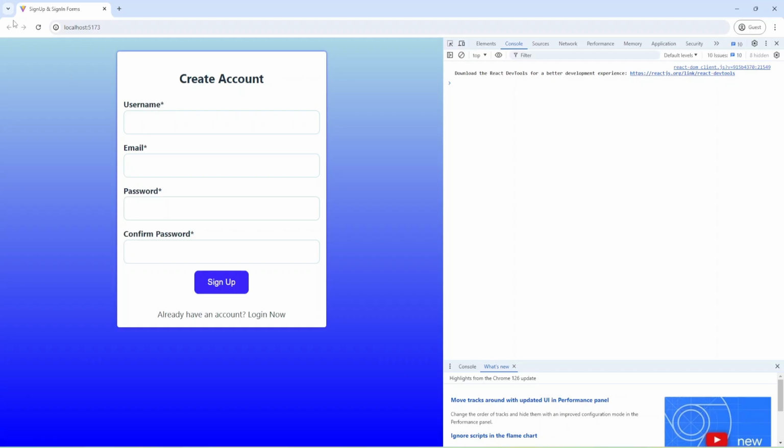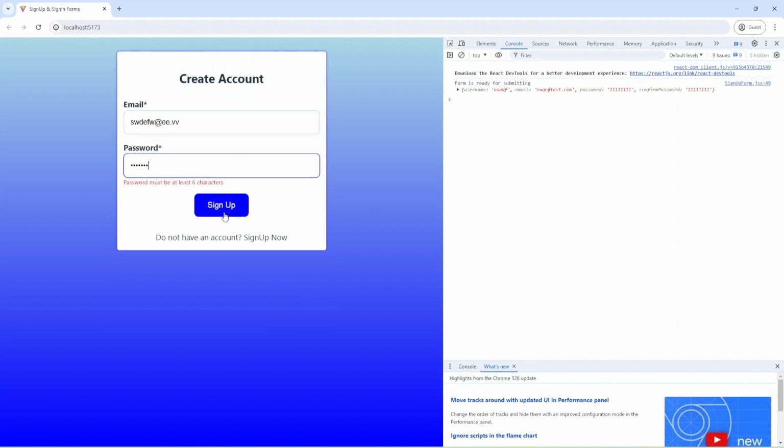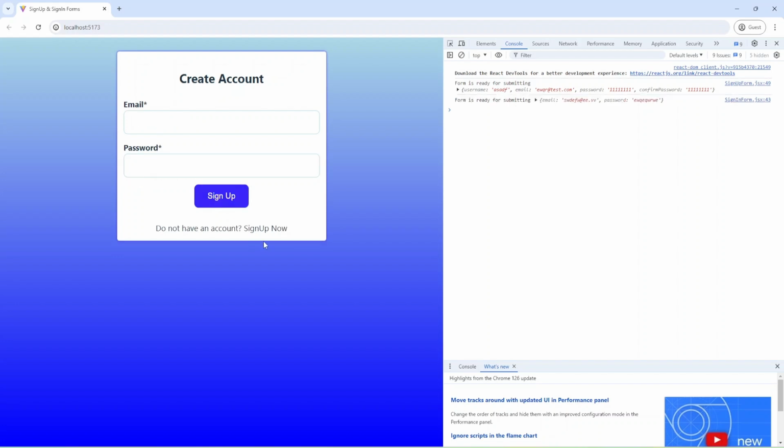And let's check again what I have. I'm going to provide some values, and app@test.com and password. Okay, everything is working, and still here we need to provide some values. Okay, everything looks good so far.